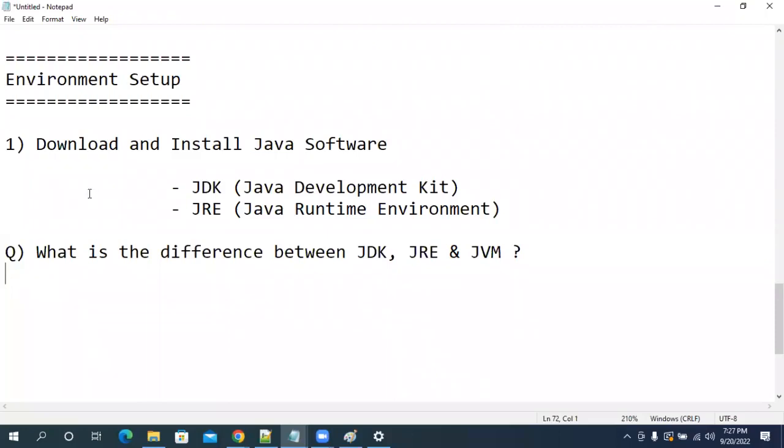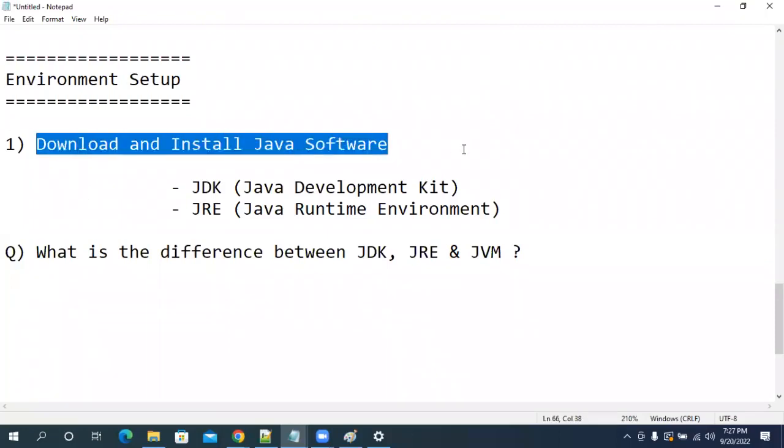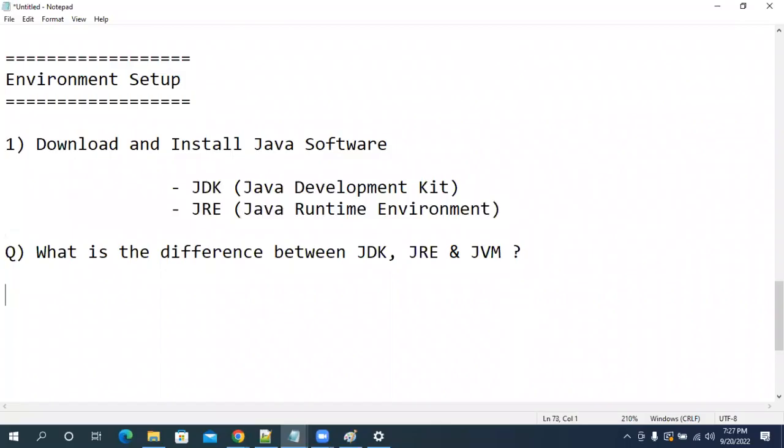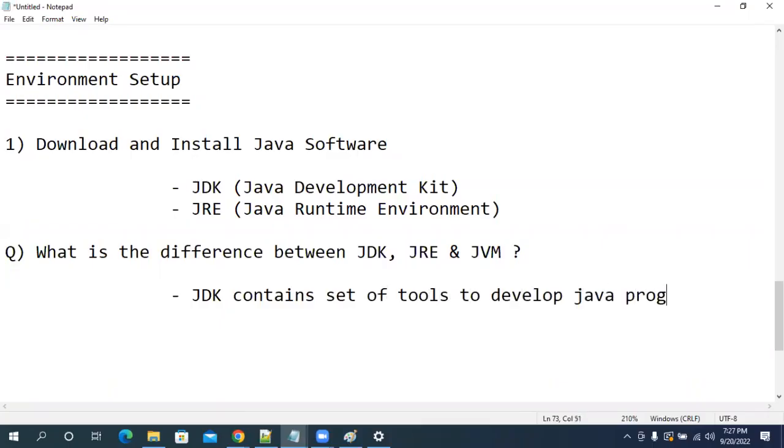So with this, we understood how to download and install Java software. When we install Java, we got two folders. One is the JDK folder, another one is the JRE. What is the difference between JDK, JRE, and JVM? JDK contains a set of tools to develop Java programs. What is there in the JRE?